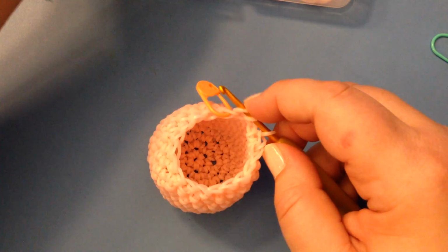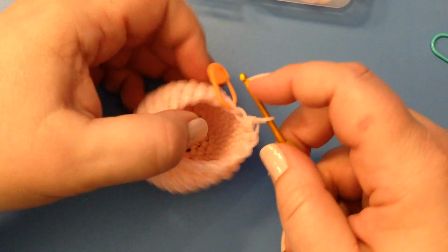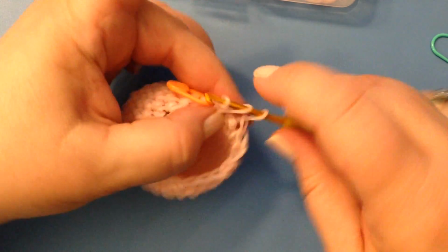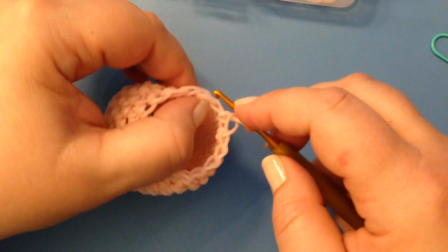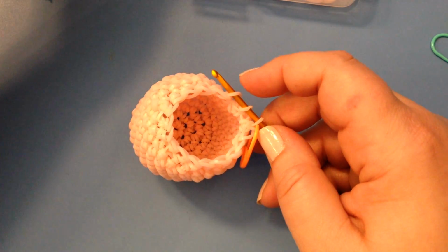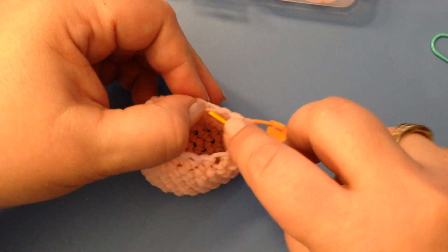Okay, so we finish on a decrease, so we're back to the beginning. Our next round is going to be single crochet, decrease. So here's our first single crochet, move your stitch marker, and our next stitch is a decrease. Again, you're doing a hidden decrease, so use the outside loops of the two following stitches, and then a single crochet,